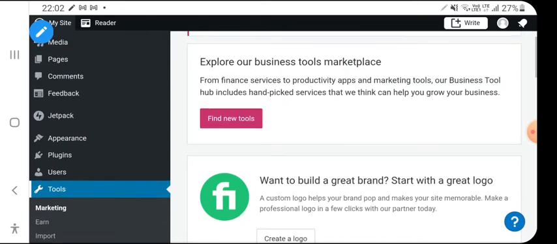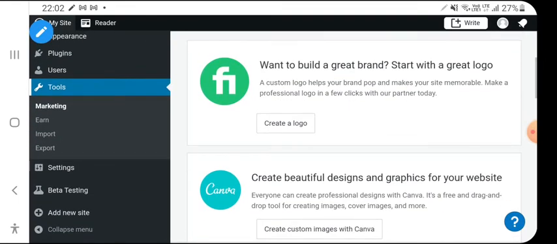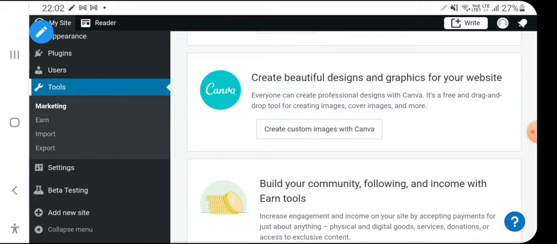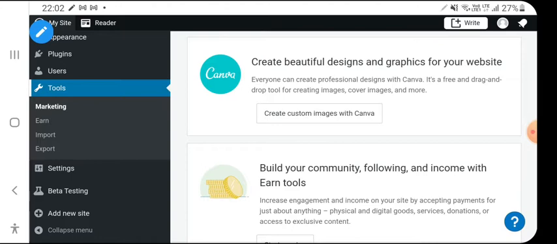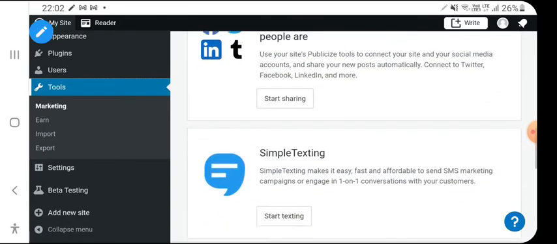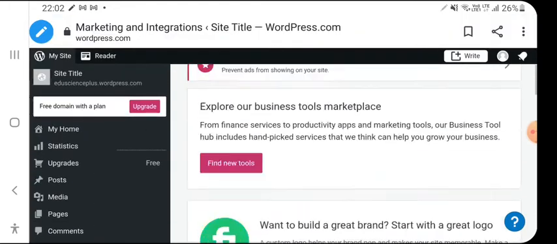So tools: explore your business tool market. Want to build a great brand? Start with a great logo, create beautiful designs and graphics for your website. Canva, actually I have the complete pro version also, and GitHub, we got it free through college ID.